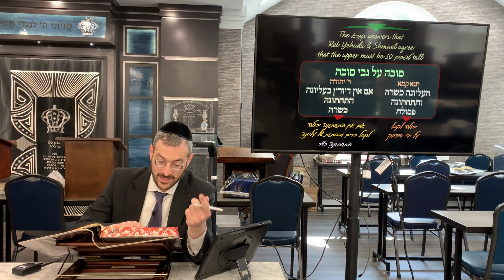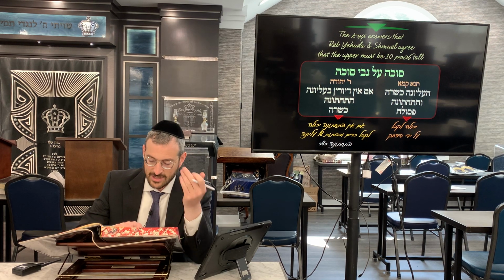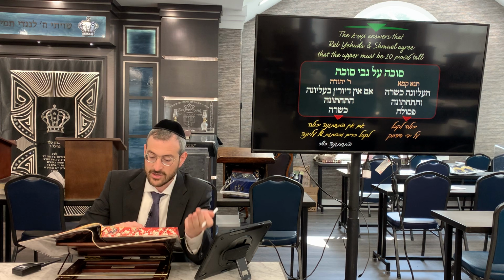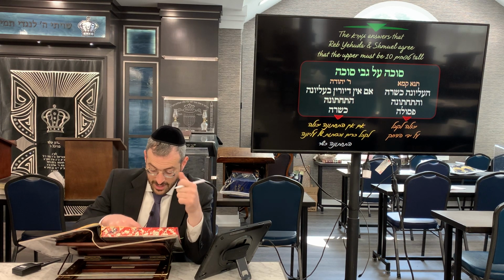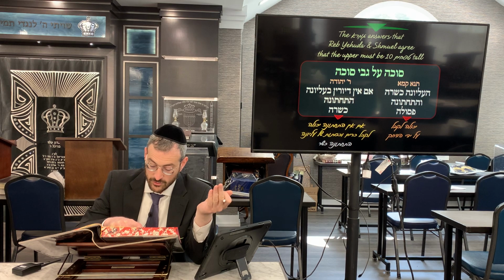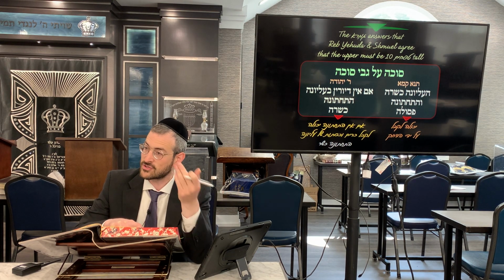But then the Gemara says, wait a second. Okay, fine, you change the application, but it's still difficult. The inference is that the Rabbanan would hold that even though it's not fit for anyone to dwell in the upper story, the second story sukkah, it's still going to be a problem. So at the end of the day, you can still infer that Rabbanan don't hold like Shmuel. And therefore you could say the same thing regarding if it's not 10 tefachim high. It's the same thing, just a different application.